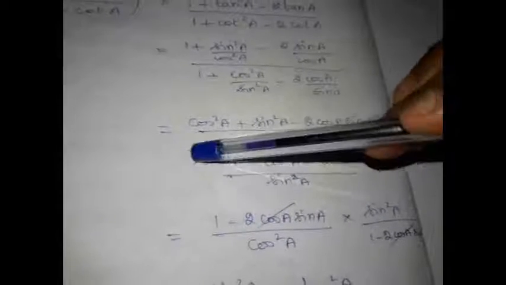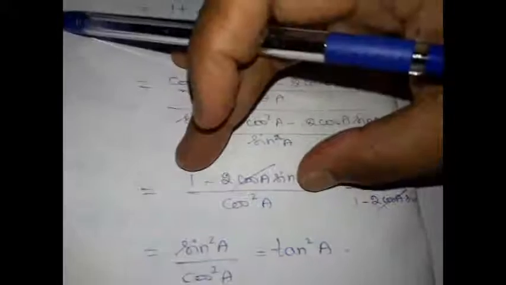This will become a reciprocal, right? So sin square a divided by, again, 1 minus 2 cos a sin a. The entire term 1 minus 2 cos a sin a will get cancelled, not simply 1 or 2 cos a sin a. This is a single term. So this entire term will get cancelled with this entire term. So we got sin square a divided by cos square a, which is nothing but your tan square a. Hence we proved. This is how you can solve the entire exercise if you remember those three identities.